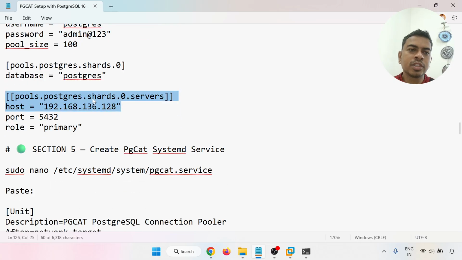In the next video, I'll go through the HA and replication, so you will get more IPs on this. So, create PgCat